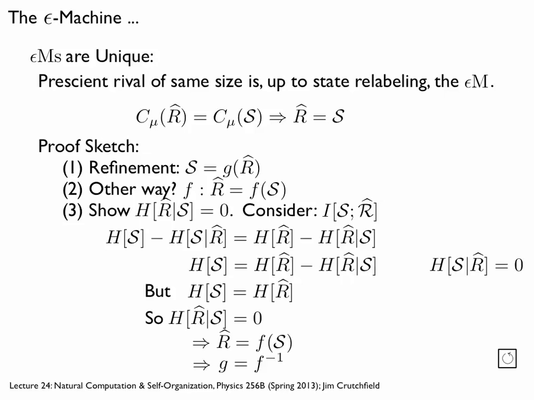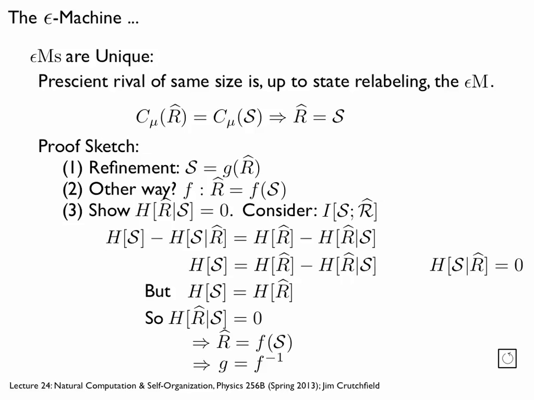So how are we going to do that? Well, the first thing follows directly from the assumption that we have rival states. We've already established that there will be some G. Since these are refinements, whatever rival cell I'm in, I know what the enclosing causal state cell is. So there's some function G. But this is actually going the other way around. Is there some F such that if I tell you what causal state you're in, you know what rival cell